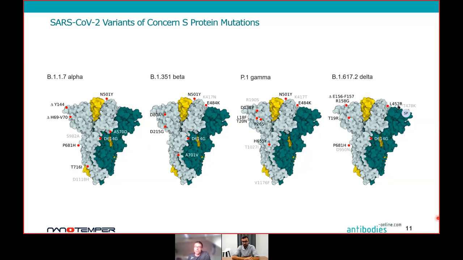It's consistent with the observation that S proteins from variants that are more readily spread have an increased propensity for the RBD in the up state and show increased ACE2 receptor binding because of these mutations. Additionally, mutations like E484K have local destabilizing effects that can negatively impact binding of neutralizing antibodies.